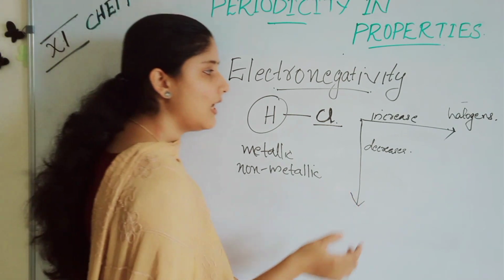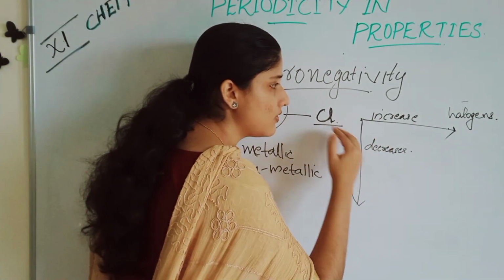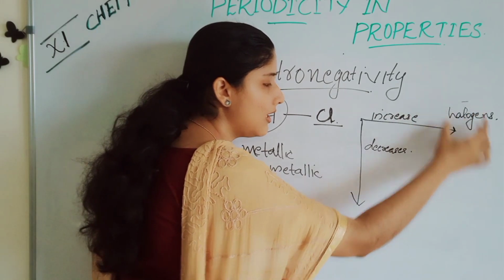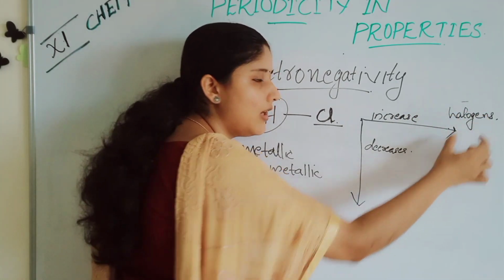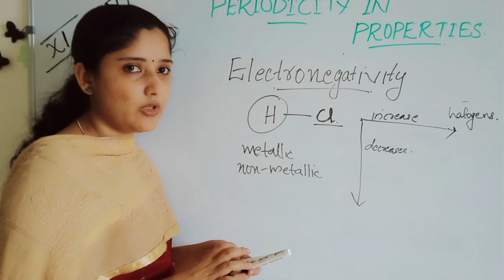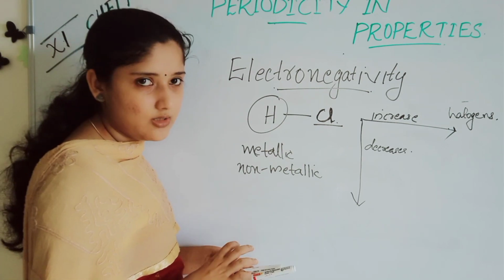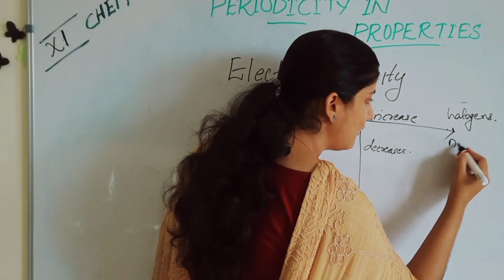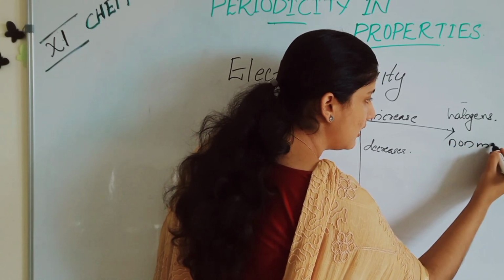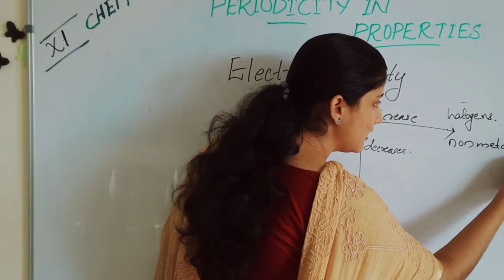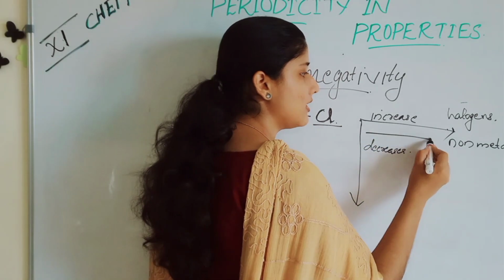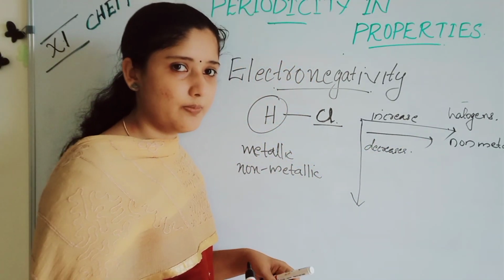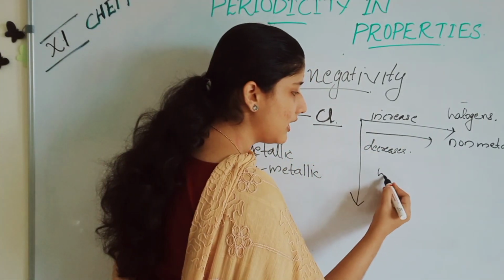We studied that electronegativity increases from left to right. The elements at the end of the period, the halogens, have higher electronegativity, and they are non-metals. Non-metallic character also increases from left to right. So we can say electronegativity